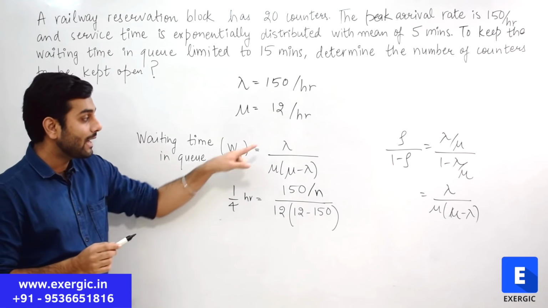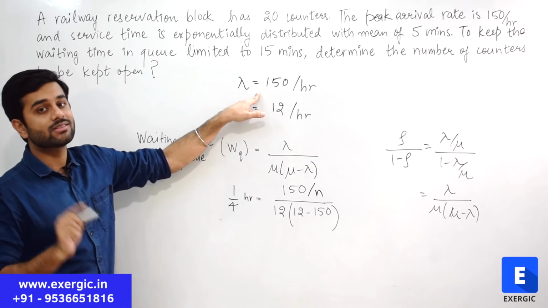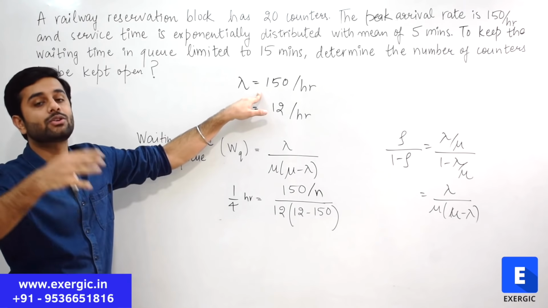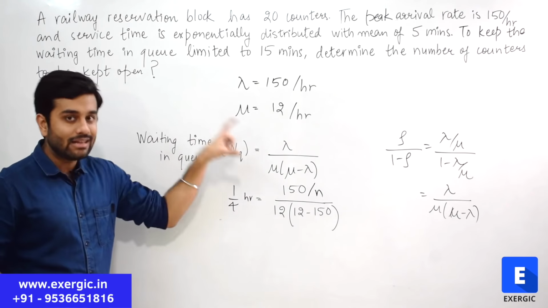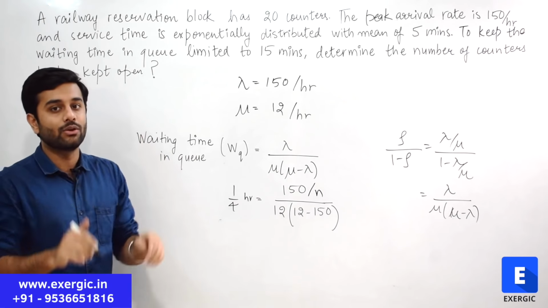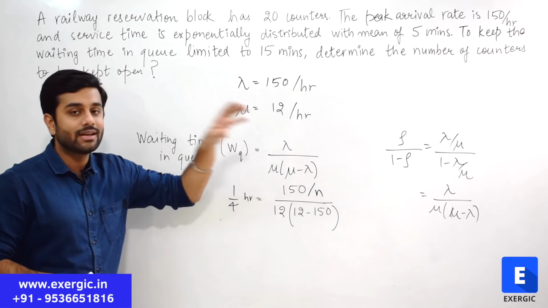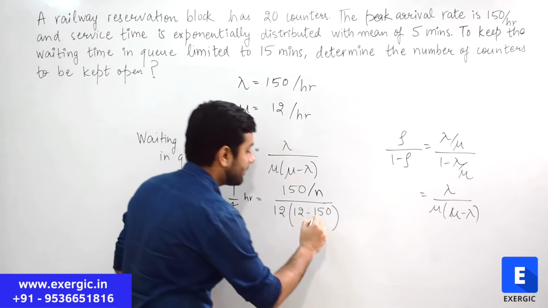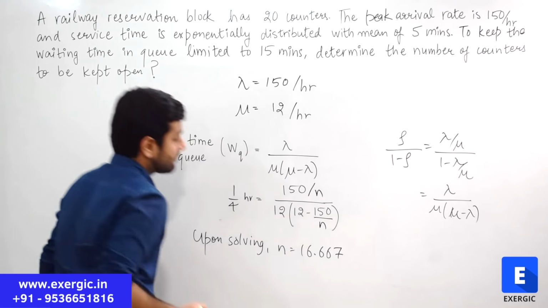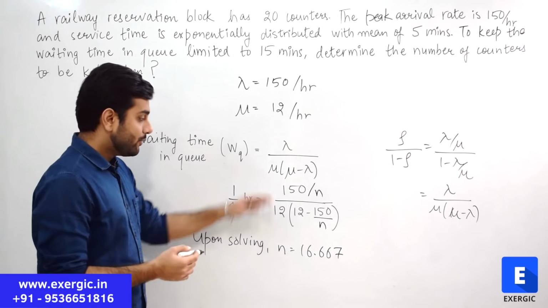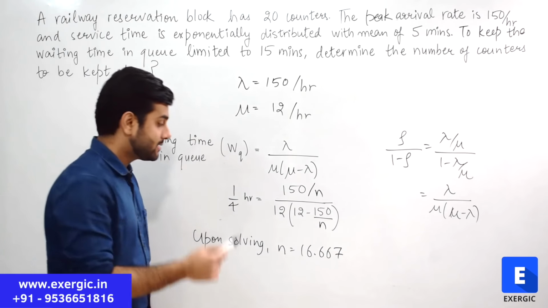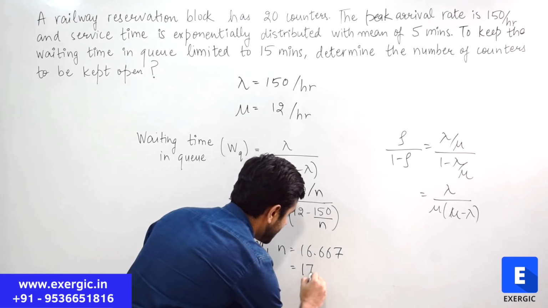So this value is not the value of lambda per counter or per server, it is the total value of lambda. For this calculation, we need the lambda per server and not the total value. So here lambda will be 150 divided by n. Here also lambda will be 150 divided by n. So the value of n when you solve it comes out to be 16.667, which means you will be needing 17